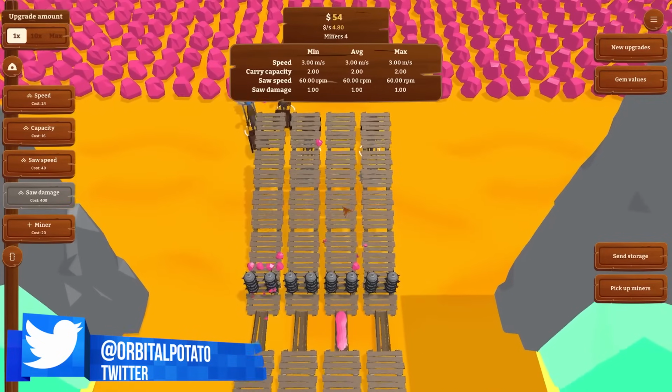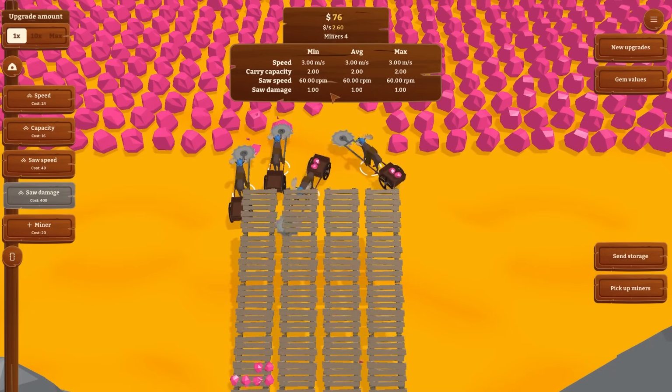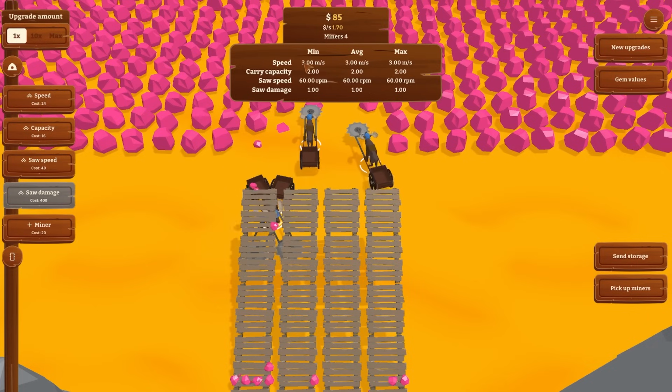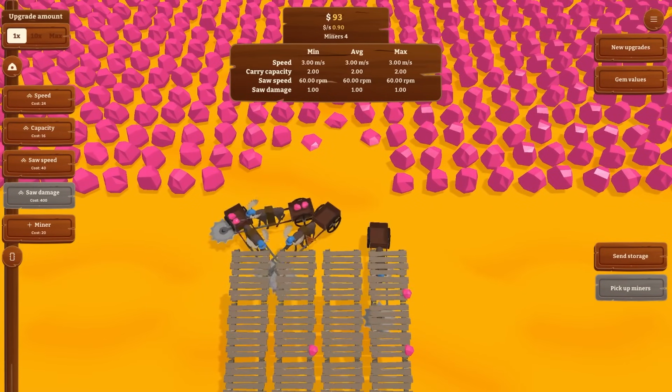Now, I will say it is a little bit finicky to select what you want to upgrade, and sometimes it doesn't work perfectly, but there is basically a little overview right over here that shows us the minimum stats, the average stats, and the max stats. So we can choose to upgrade like one singular...